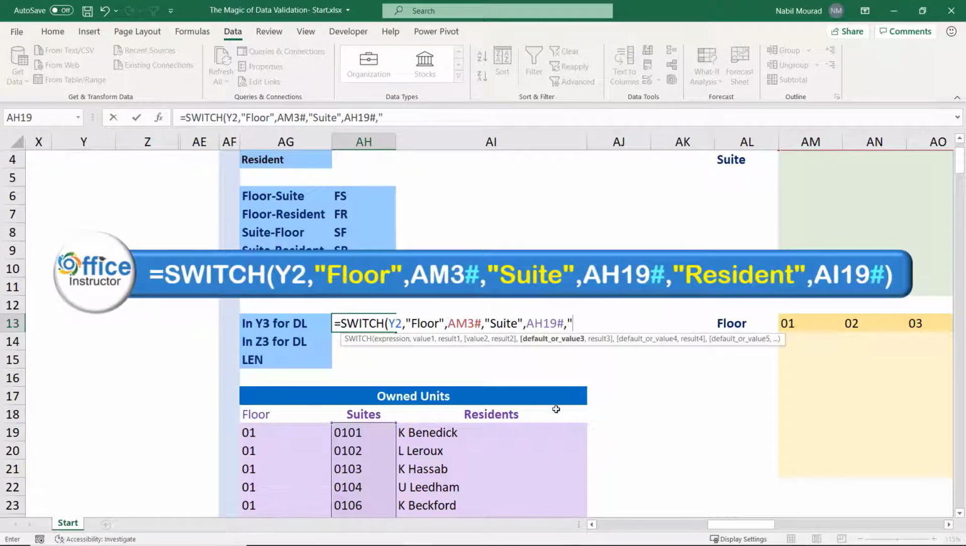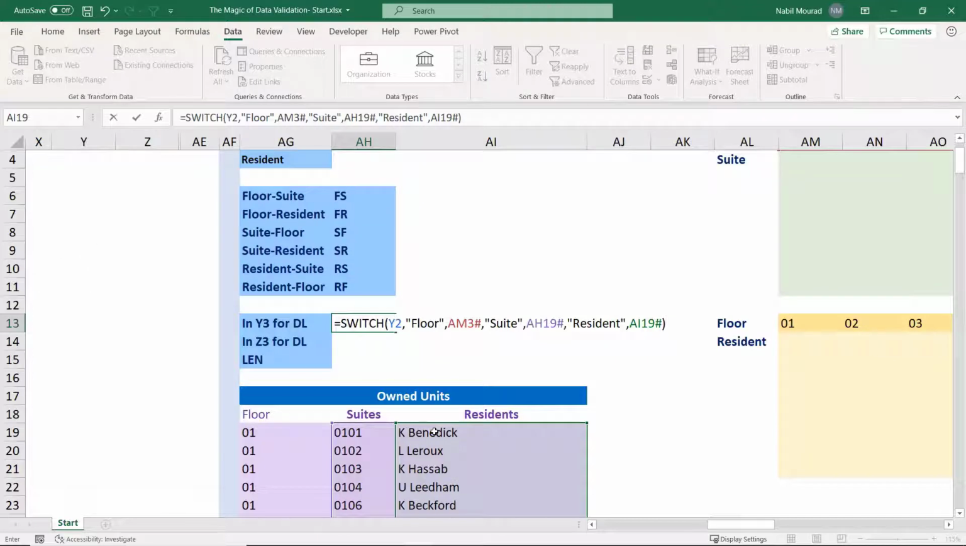In double quotes, I type resident. I close the double quotation and then I hit comma. If the option in Y2 is resident, then in this case I want the entire list of residents, and I type my spilled array symbol and then I close the bracket for the SWITCH function. This is the function that will be switching the contents of the third drop list based upon the drop list above in cell Y2. I want to park this function and disable it, so I click before the equal sign